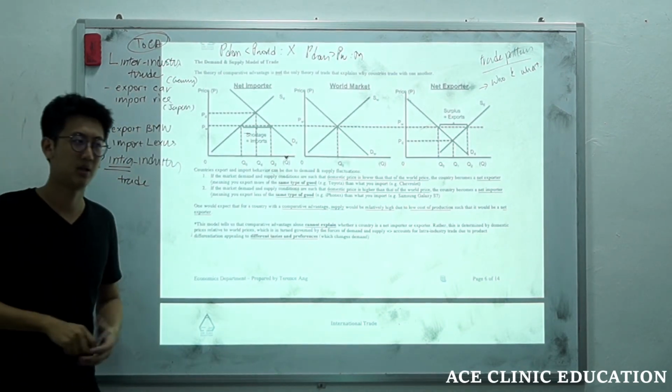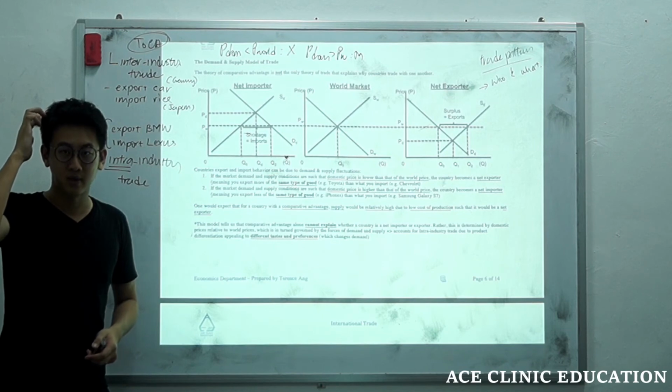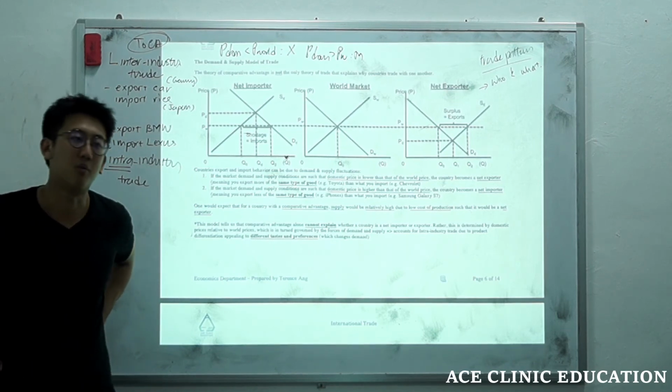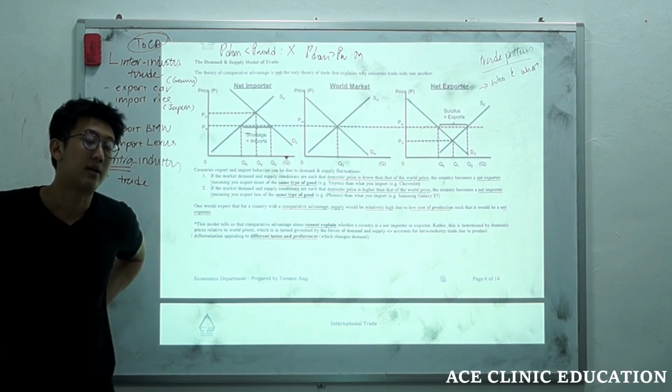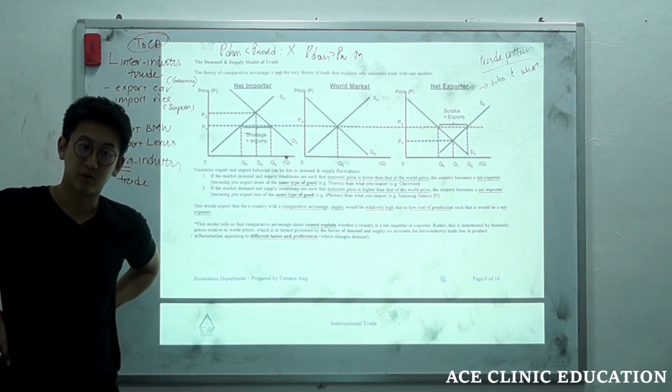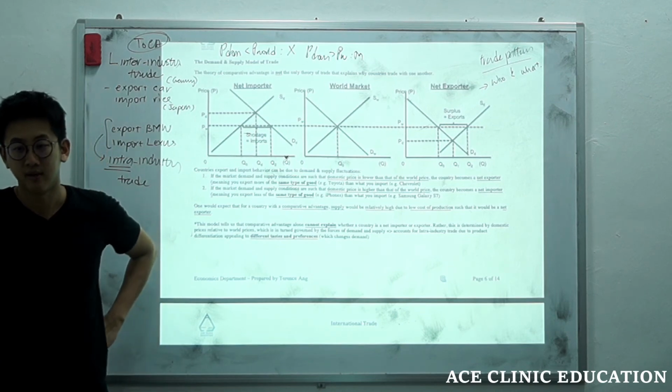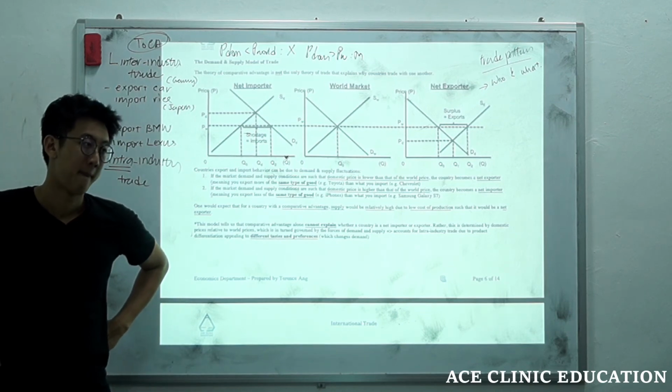Simple? Logical? Yes, right? If your domestic price is lower than the world price, then you are inclined to sell more abroad than sell domestically because you make more as a producer. Right? If you have access to global markets, you just sell it abroad, you won't sell it locally. Not that much at least. Right? If you're a